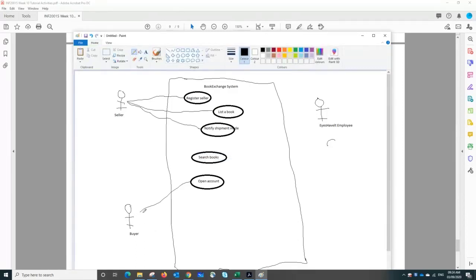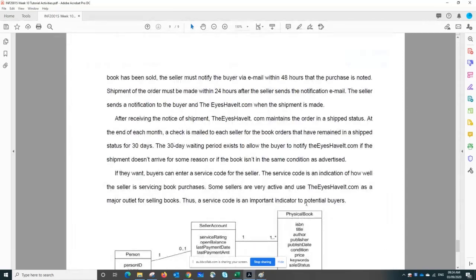Search books. Right, search books. So once they search for a book, that's what it says, right? So when they search books,